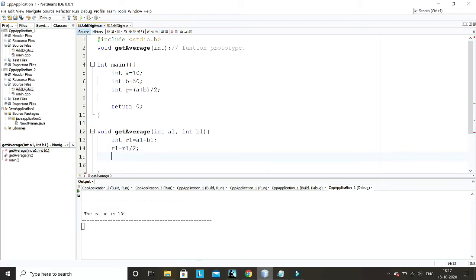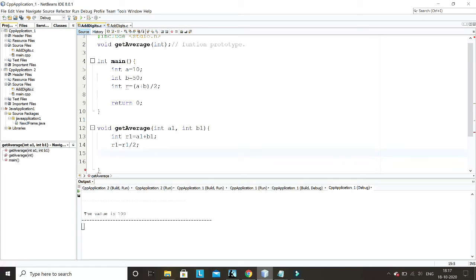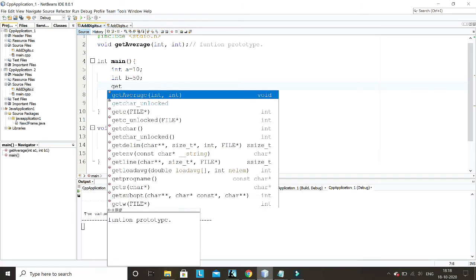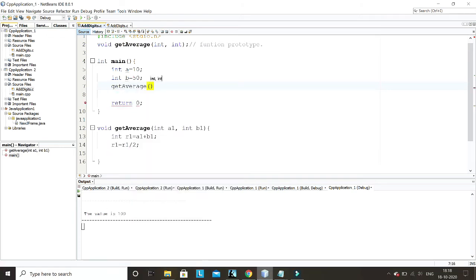That will be the average. Here also I have to write integer because this function needs two things. So instead of this line, what I can write here is get average a comma b.